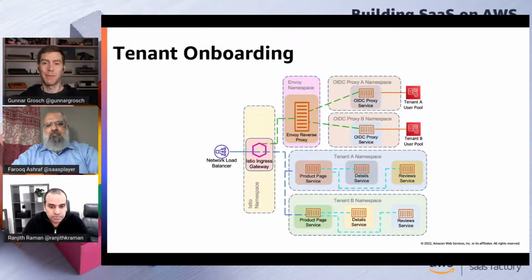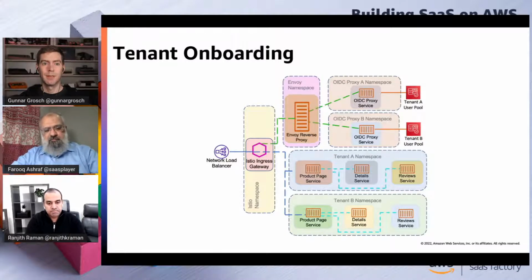And that's also something that we come back to quite often on this show, that onboarding is really key for a good customer experience as well, that it should be easy to start using a SaaS product. So that's a very important point. Yes, so I would like to again tie it back to the EKS reference architecture. So we have some sample onboarding mechanism in that architecture, which can be refactored and used with this architecture as well.